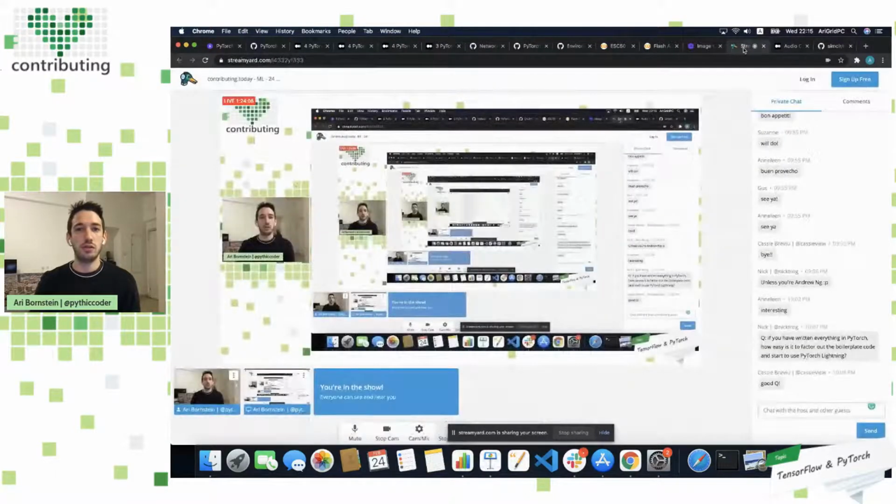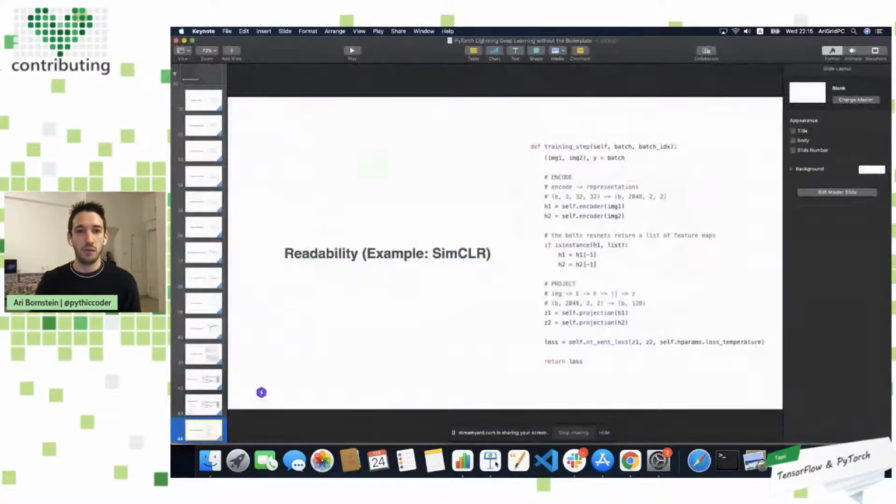But when you're using a standardization like Lightning, and I'll go back to my presentation here, you can see that when I want to understand what this model is doing, everything's just abstracted out into the interface in my training step. So here I can see that I have 2 encoders. I can check, like for my item, what it's an instance of, and then I have my 2 projections, and then I have the loss that I apply on the two projections with the loss temperature, return the loss, and my code becomes very clean.